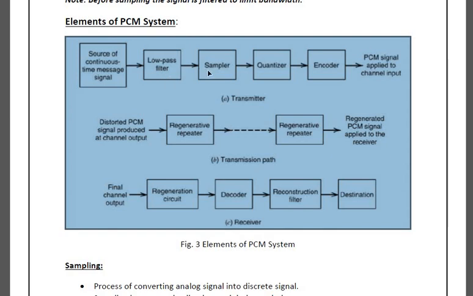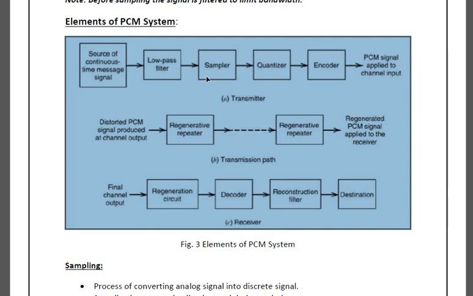Then again we have given it to the sampler. This whole part is your source encoder, that is nothing but a sampler, quantizer and encoder. I hope you are all clear with the sampler. You can revise at least what I am going to tell. What is a sampler? Sampler is nothing but the analog signal converted into a number of samples. Quantizer will be approximating the values, giving prefixed values for each signal level. Then it is given to the encoder, so that we will be assigning some particular digital codes to that. That output is given to the regenerative repeaters.